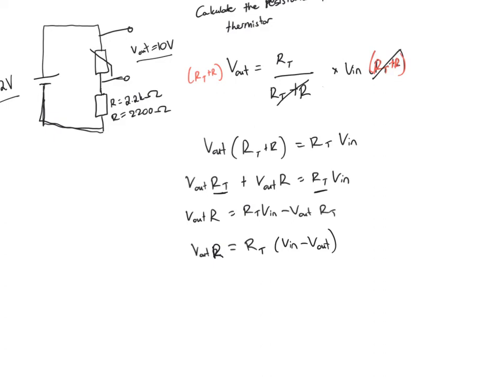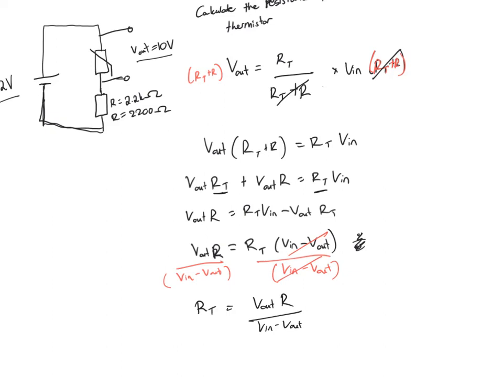And now I can just divide both sides by V in minus V out. So I'm just simply doing calculations to eliminate certain values to make my life simpler. So that will be V out times the resistance of the resistor divided by V in minus V out, which